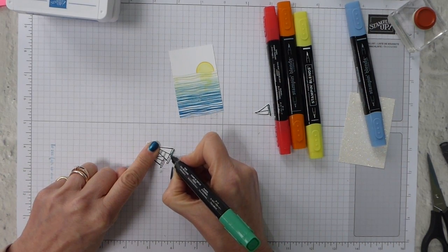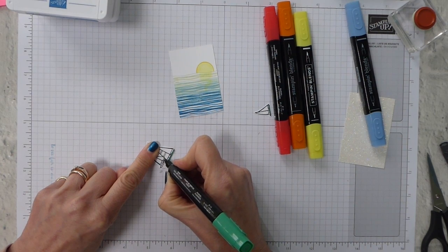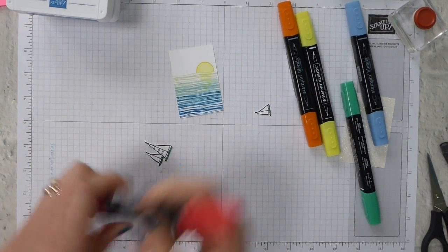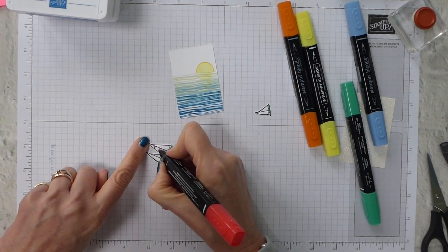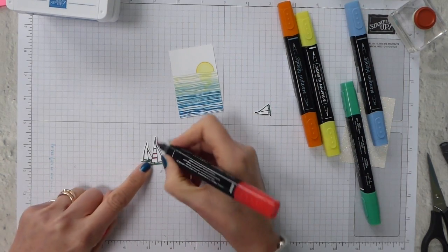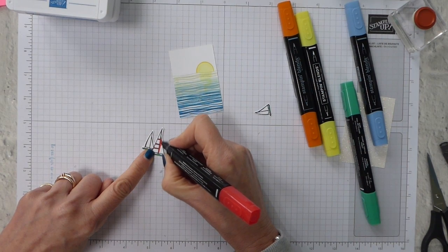So this is really quite quick to do. I think I did these while I was, in inverted commas, watching television one evening. Then lovely lipstick, just do the stripes, and then the jib, or it might be a Genoa, who knows, but one or the other